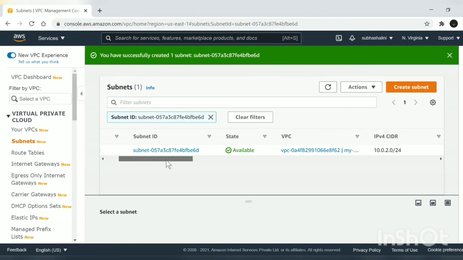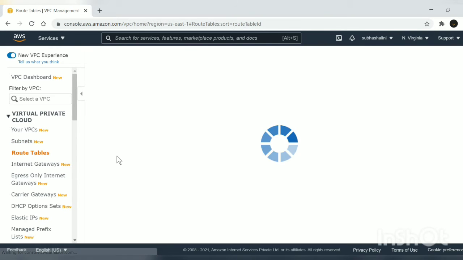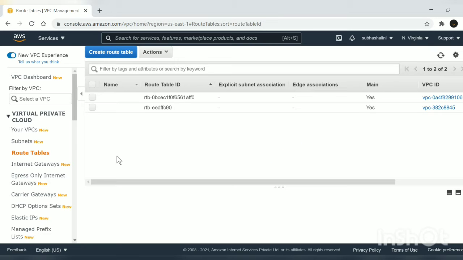Now we have created our subnets. We need to create a route table for that. So go to route table. When we have created a subnet, the route table is created by default. I am just going to edit the subnet route table,